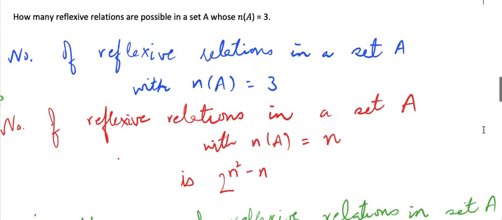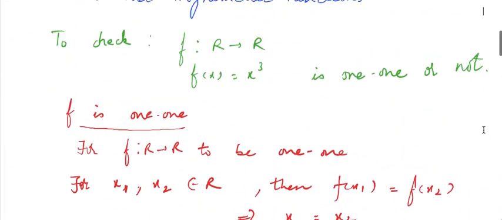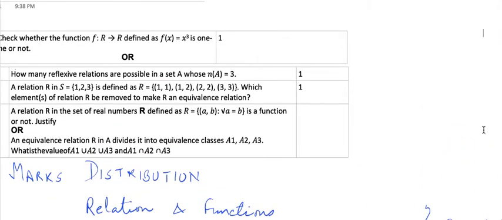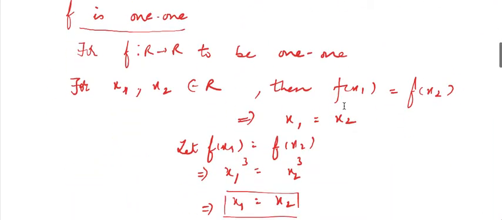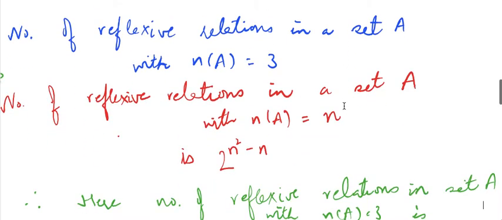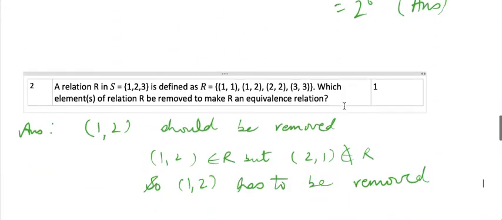Now coming to the next question from relations and functions. A relation R in the set S equal to {1, 2, 3} is defined as given. Which elements of relation R should be removed to make R an equivalence relation? Now, when is a relation an equivalence relation? When it is reflexive, when it is symmetric, and when it is transitive, right? So here, as I can see, the